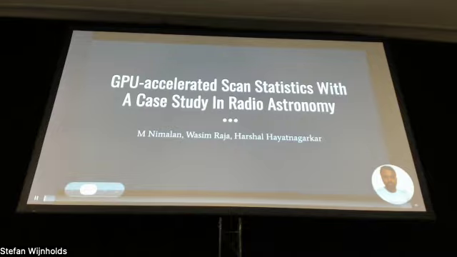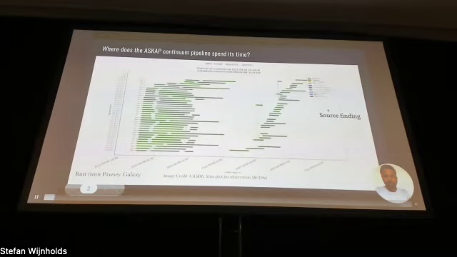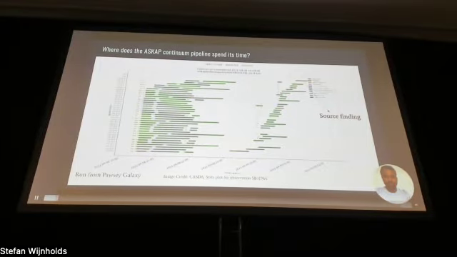Good afternoon. In this session, I'm going to talk about a GPU accelerated algorithm we developed for the ASCAP source finder to reduce the time taken for continuum source finding. To begin with, let's take a look at the stats from the ASCAP continuum imaging pipeline. The green portions seen here are from imaging, and imaging is the most expensive step, which is expected. Flagging and calibration are small spots in the beginning.